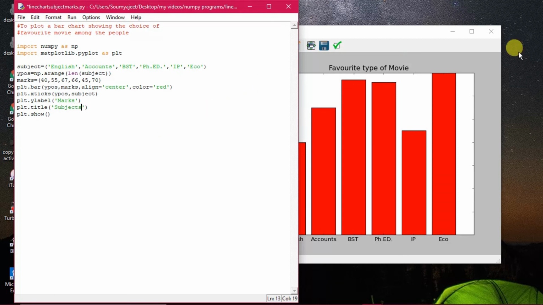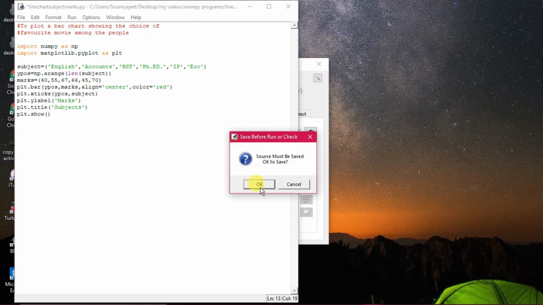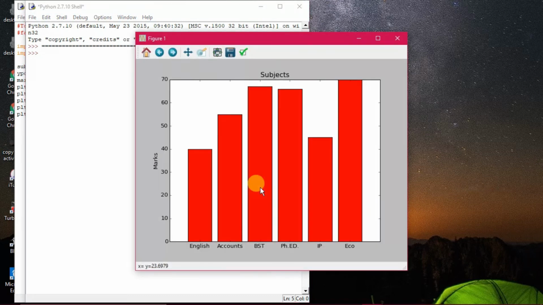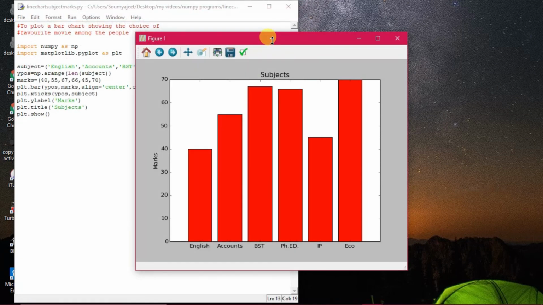All right, so now once more, just execute it in a hurry. Run module, and you see how the total chart has been made. Perfect. Yes, subject has come into the title, and here it is coming as marks. So that particular practical job has been accomplished. In this way you will do the practical. I have shown you the changes wherever necessary, and you must do it.